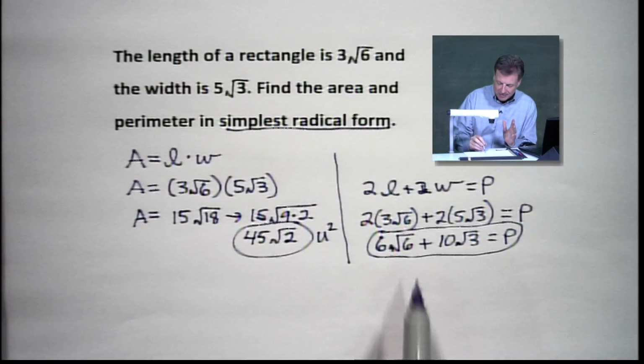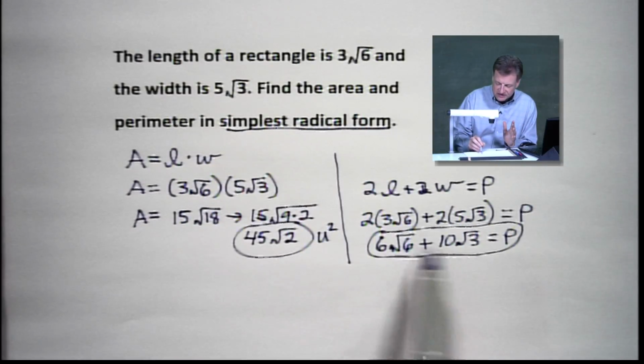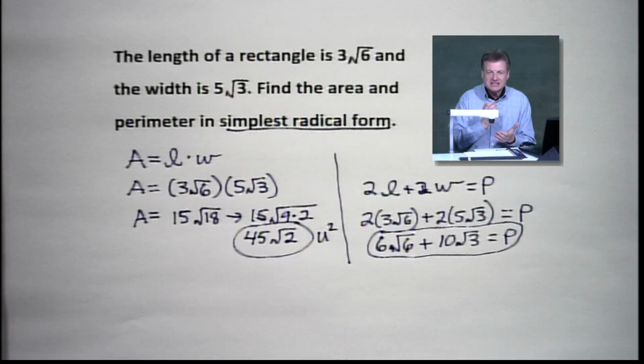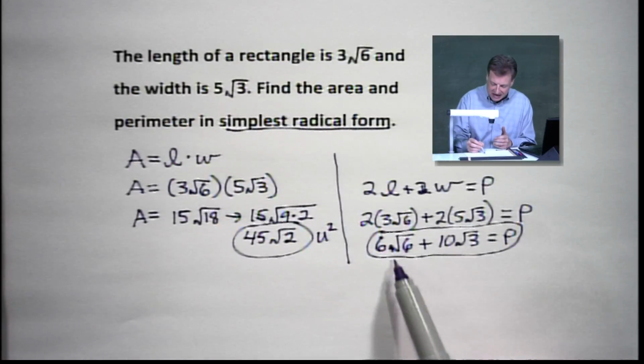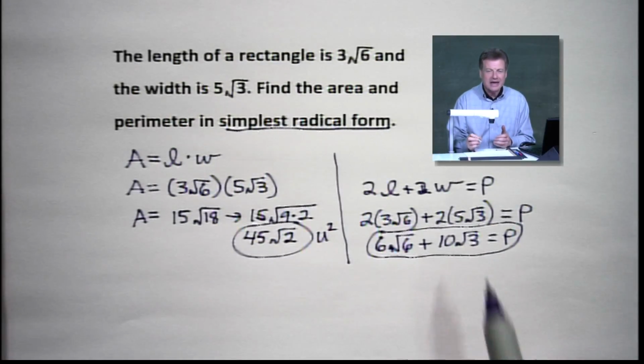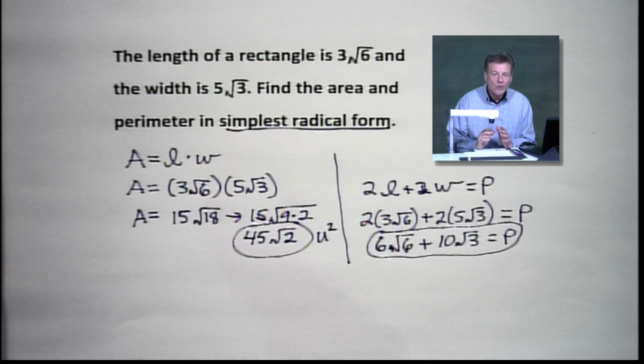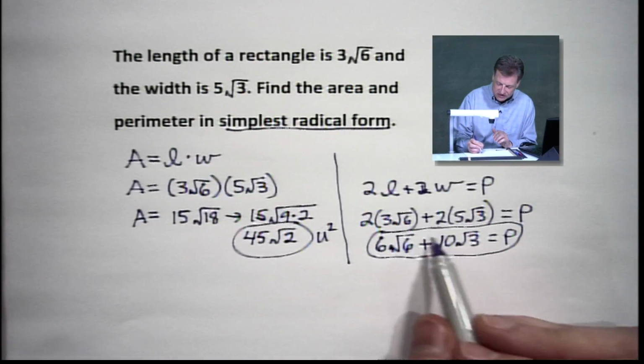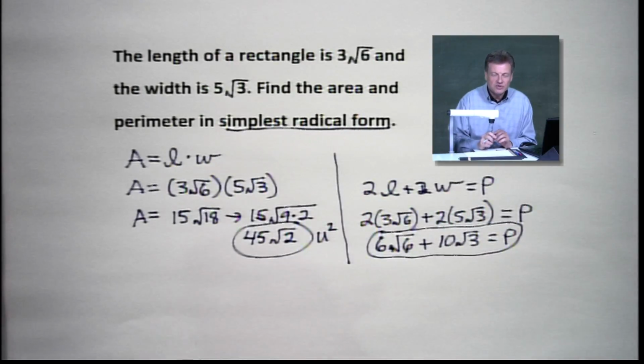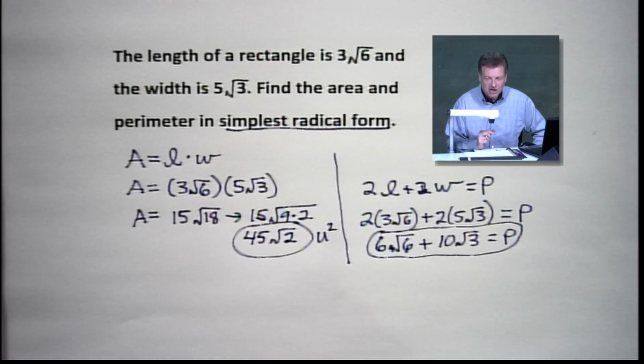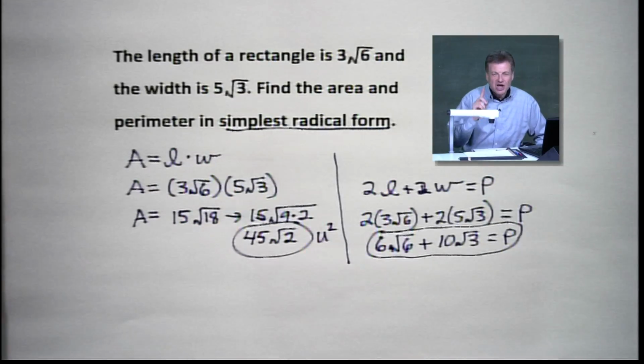Now, let's see why. Because you've got a square root of 6 and a square root of 3. It's got to be the same radical. That's like saying a 6x and a 10y. It doesn't go anywhere. All right, so again, you've got 6 times the square root of 6, 10 times the square root of 3. Definitely a moment where you would want to put that in your calculator. Let's see what the real perimeter is. We're about to run out of time, so we're not going to go there. But I want you to, once again, understand